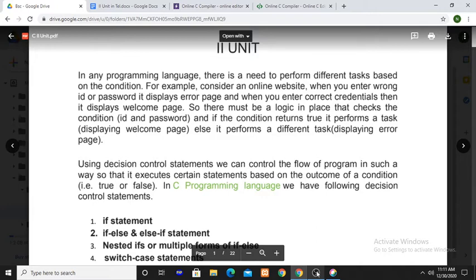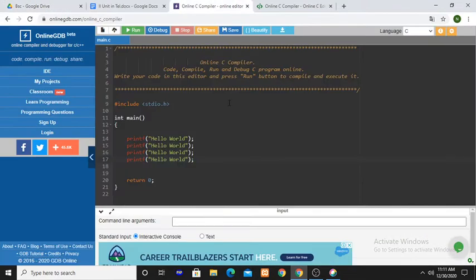Okay. So first understand what is a control statement. So far you have written many programs, and in each and every program, every statement is executed only one time.